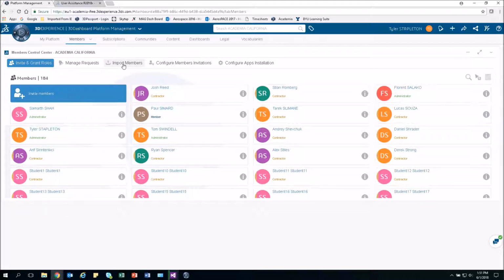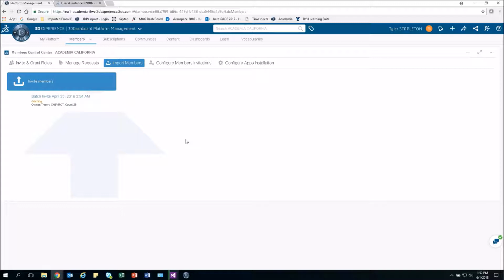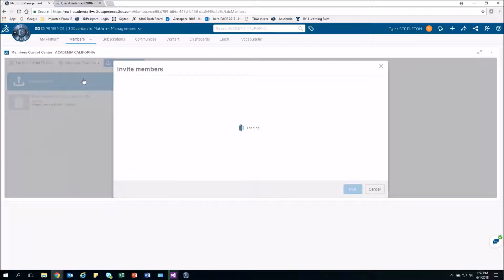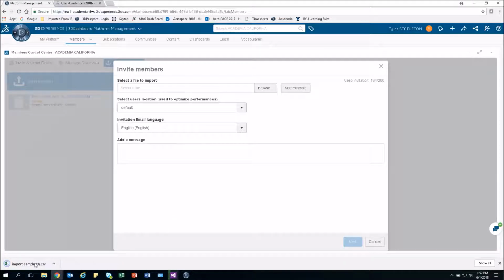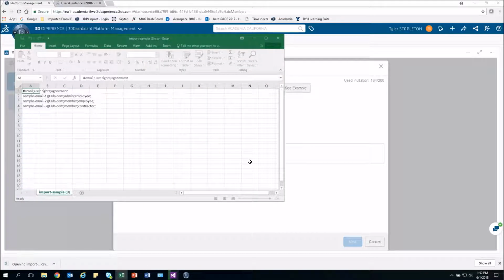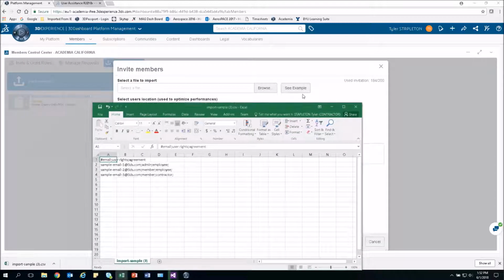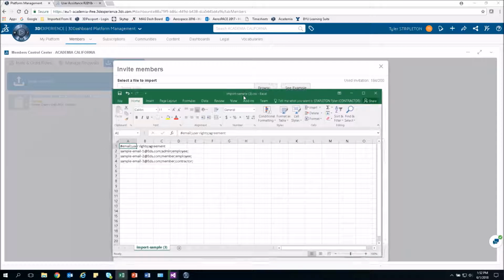We do want to go over here and show you, though, the Import Members button. This is the second method for inviting new members to the program, and it makes it much, much more convenient for platforms with a large number of users. If you notice, it's essentially the same type of setup, but the difference here is that we're going to use an Excel document to invite all of the members. There's an example button that will bring up this nice little sample Excel document, and this makes it much easier because we can just include the email addresses of each of the users, and the rights we want to give them, which you see here is admin, member,